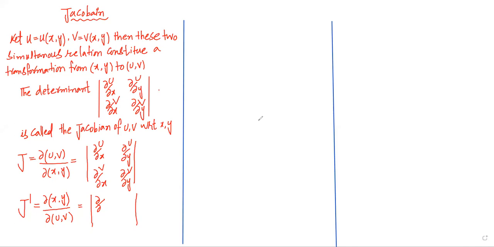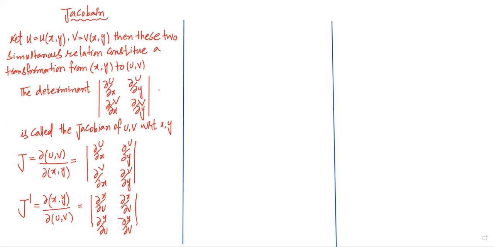So this is the determinant value. In the first row, you may get it like this: dou by dou x, and whatever the denominator is, we should write it here. Dou by dou u, dou by dou v. Now in the numerator, x will come here, x here, y here, y here. Like that, we can define the Jacobian value J dash.